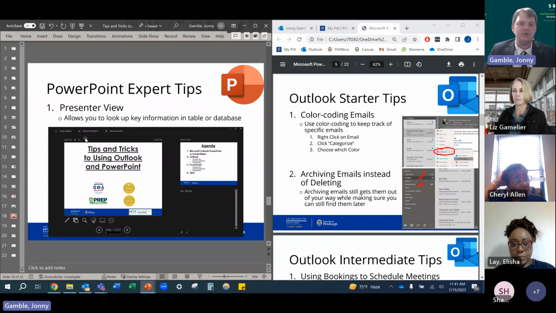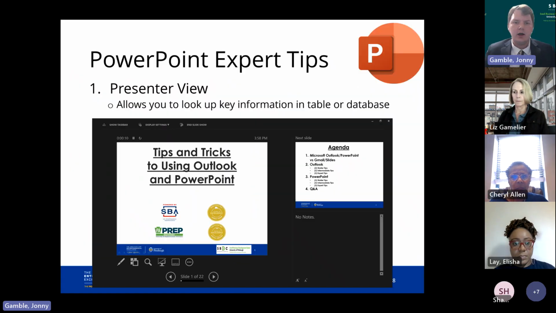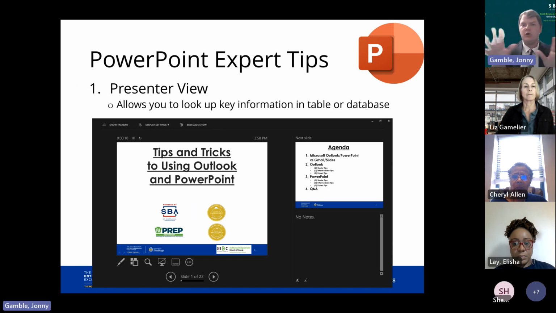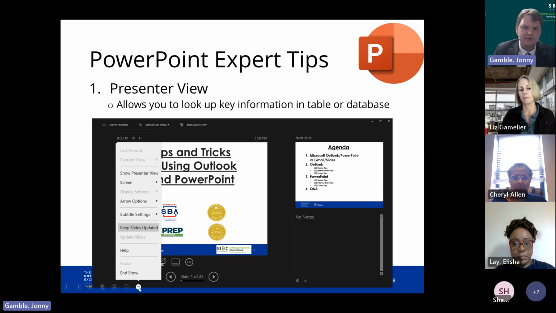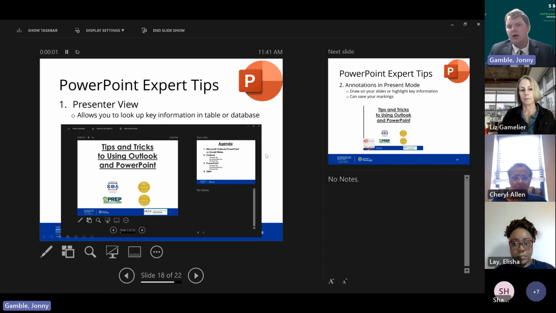To get into the expert tips for PowerPoint, one thing that's really helpful is using presenter view. As I understand, your view of my screen right now should just be the one slide, correct? Where all you're seeing is just the slides themselves? Well, if I come down here to these little three dots in the bottom left and click on that, and then click show presenter view,